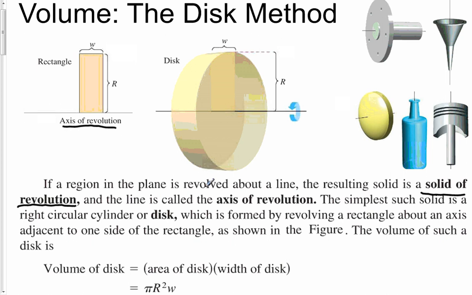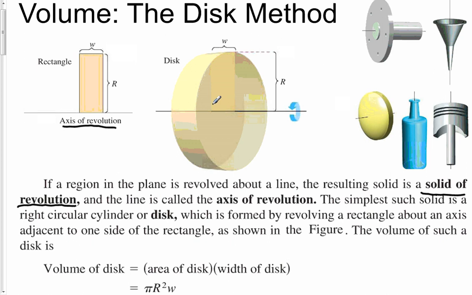The simplest such solid is a right circular cylinder or disk, which is formed by revolving a rectangle about an axis adjacent to one side of the rectangle. So here you have the axis of symmetry, and notice it's adjacent or right up against one side of the rectangle, basically this lower side that's the same length as this upper side. So this disk right here is a solid of revolution, and